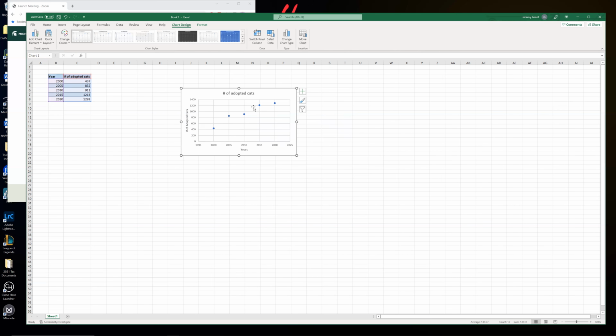Now my chart is looking pretty good. The other thing that I would like to change is this title. It's the same exact title or label as my y-axis. So I need it to be a little more descriptive about what my graph is. So instead of number of adopted cats, I'm going to talk a little bit about my variables and that this graph is showing some sort of relationship. So I'm just going to have my title be relationship